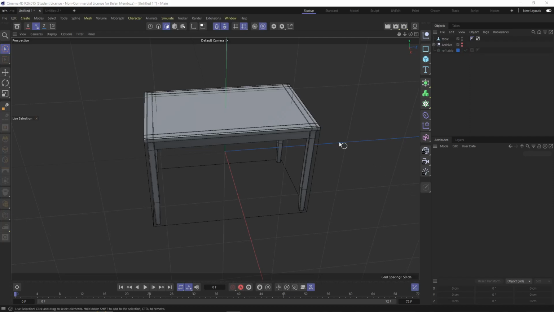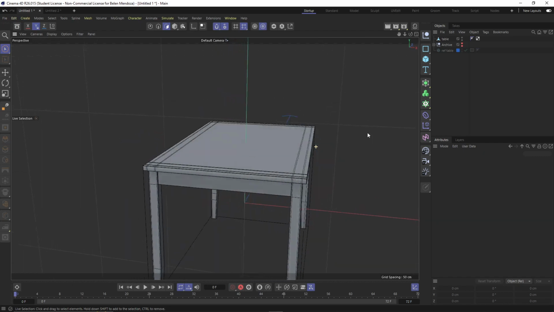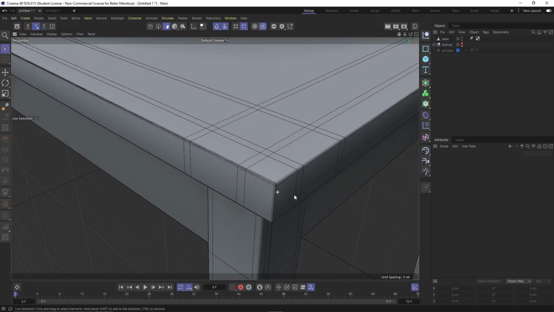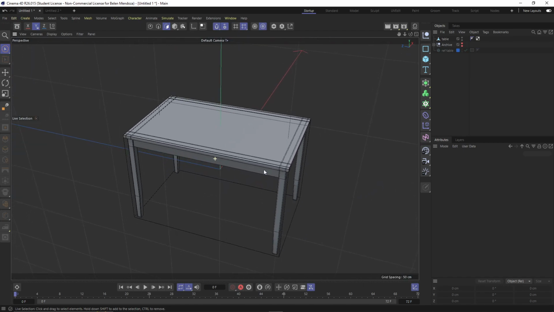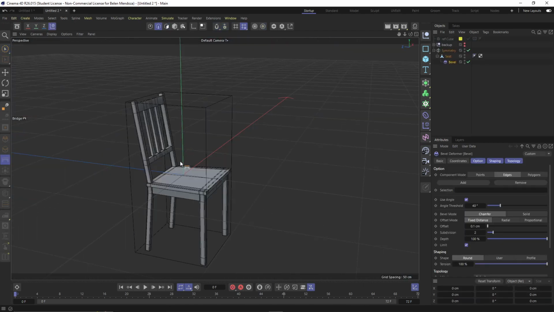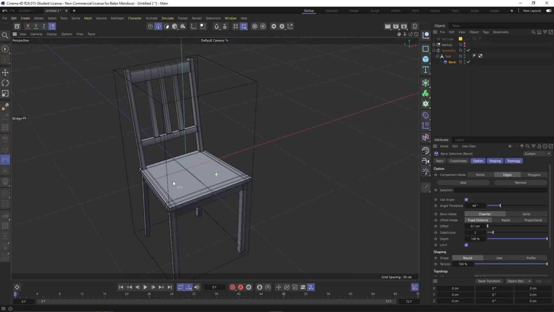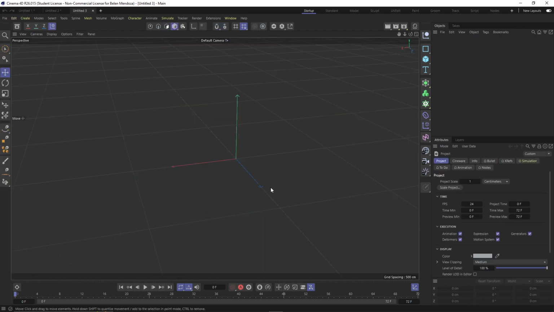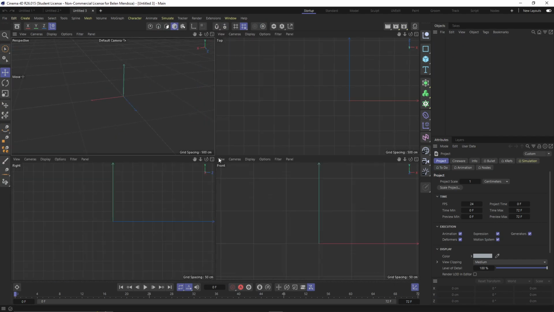Hello, so I thought maybe I should make a video showing you guys how I put together the table and the chair. I'll try and make it quick. I'll start off with the table, and the very first thing you're going to want to do is go